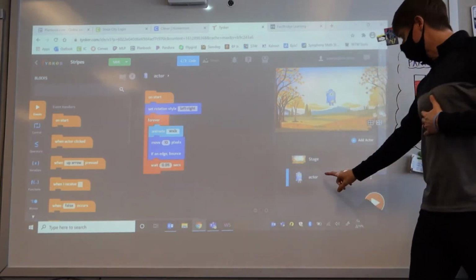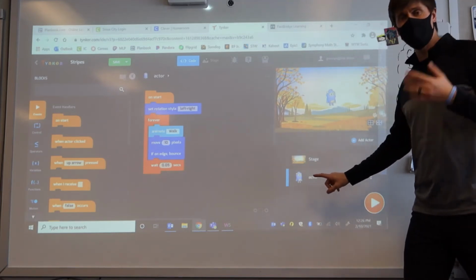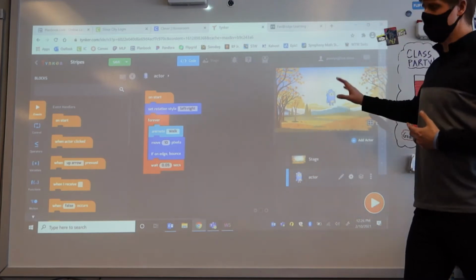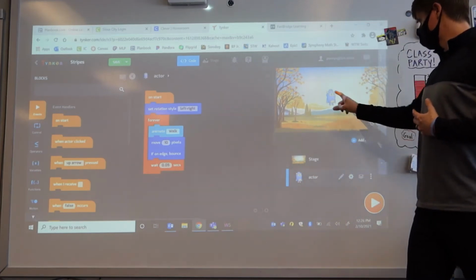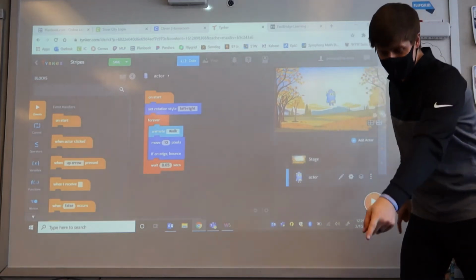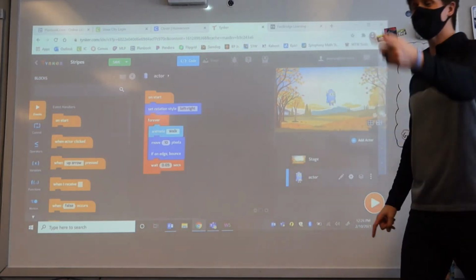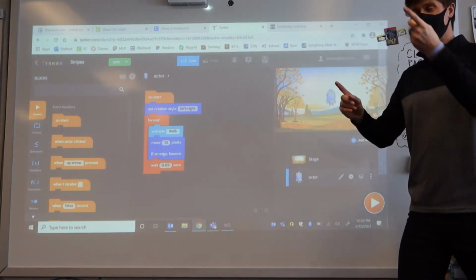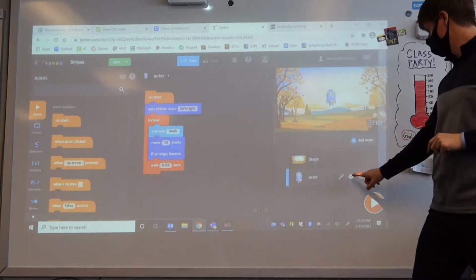Since we already have an actor, we can go ahead and change this character's body. We don't want Cody. We want to make sure that we get a new one. So again, we're going to use that cogwheel. What's another word that we called it? Cookie. Gear. Cookie, gear, cogwheel. Once you click it,